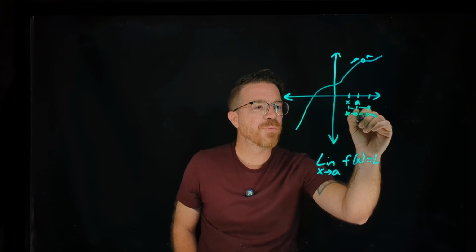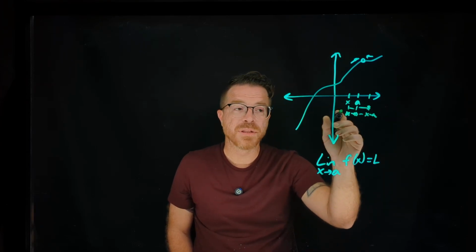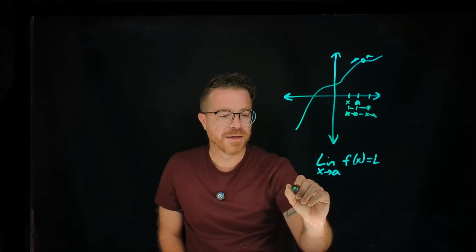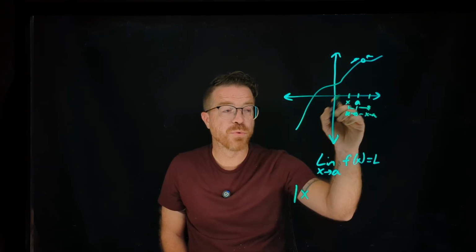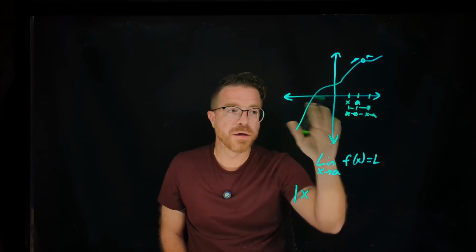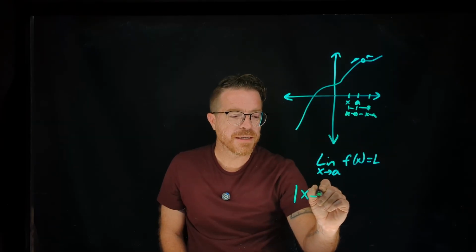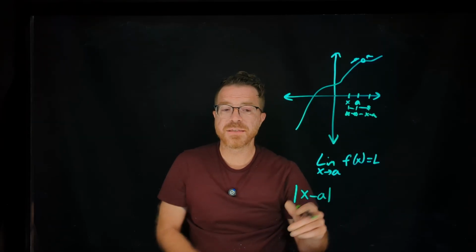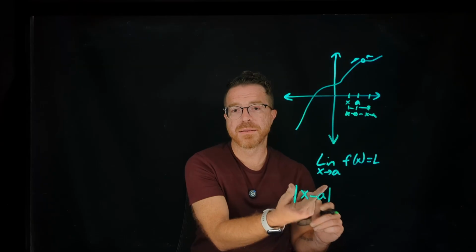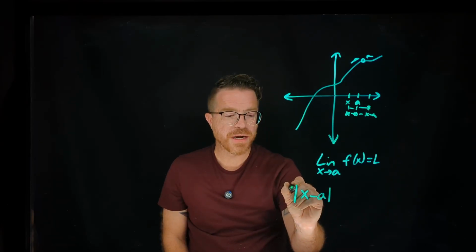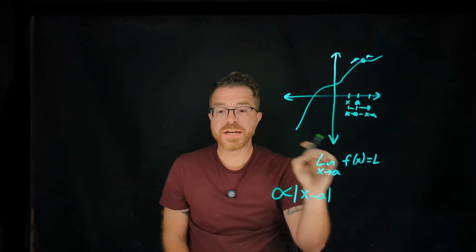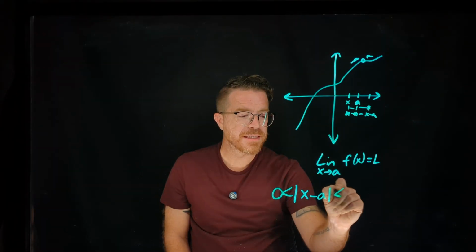Either way, though, the distance whether we're coming from the left or the right, if I take the absolute value of that, so the distance from where I'm located on the x-axis, minus a, basically this is the distance from a that I am. If this is greater than 0, meaning I'm not on a, but it's less than some